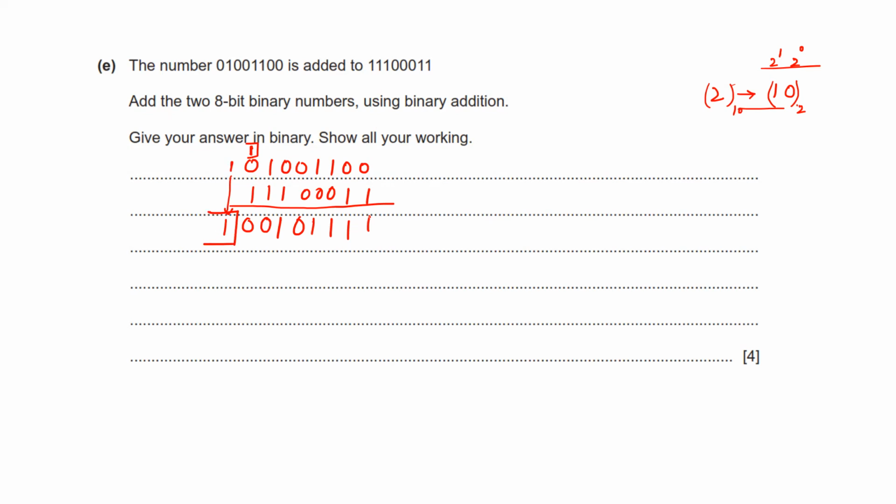So if we have an 8-bit number, so this is our overflow. Okay, so our answer will be 1, 0, 0, 1, 0, 1, 1, 1, 1, with this as overflow. So just simply, if you're going to solve this, just write this, and your answer will be perfectly fine. Okay, so moving ahead,